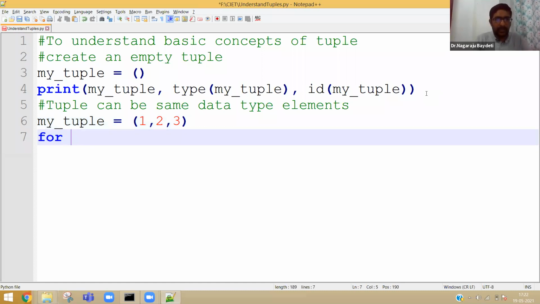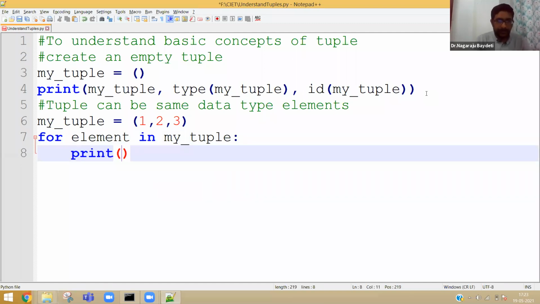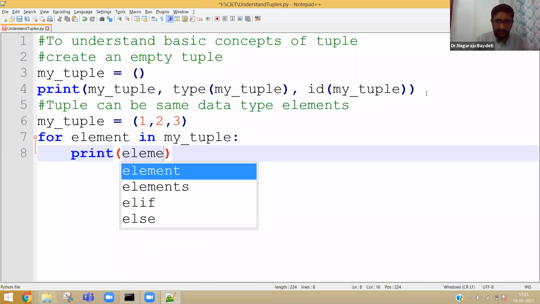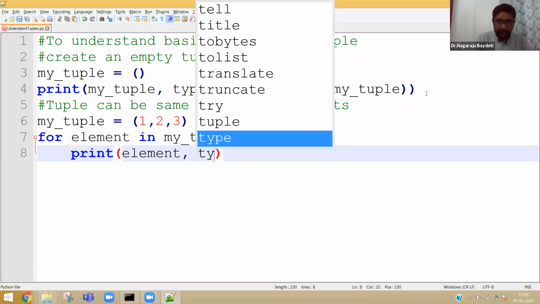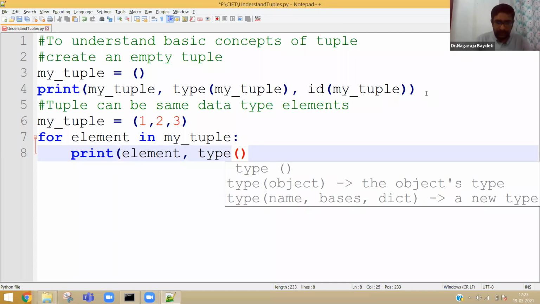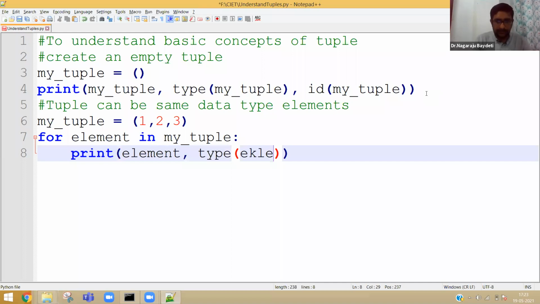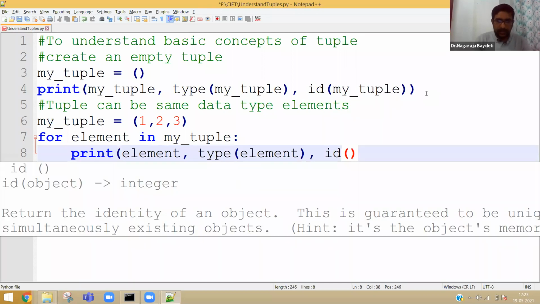For element in my tuple, print element, type of element, then ID of element.